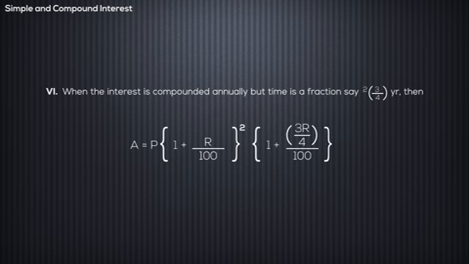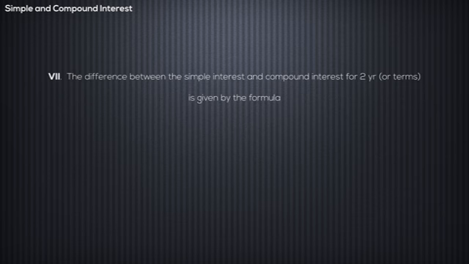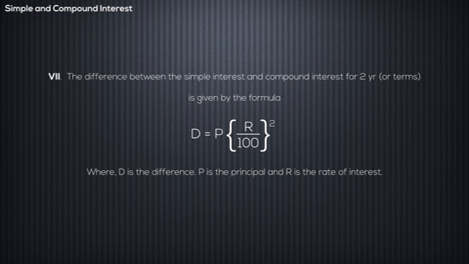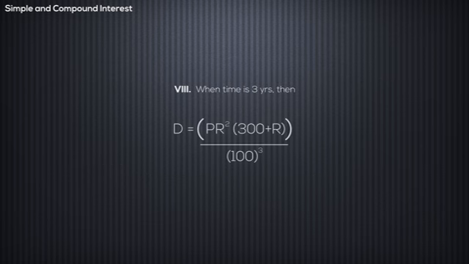When the interest is compounded annually, but time is a fraction, say 2 3/4 years, then the amount is calculated as shown. The difference between the simple interest and compound interest for 2 years is given by the formula, where D is the difference, P is the principal, and R is the rate of interest. When time is 3 years, then D becomes